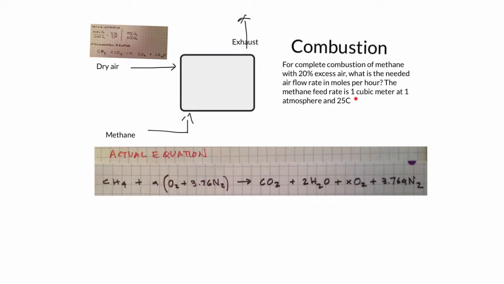Well, in order to get these moles in moles per hour, we need to convert this volume to a molar rate. So let's go ahead and do that using the ideal gas equation. So we know that pressure times volume is equal to nRT, and if we take the derivative of this, we're going to get that